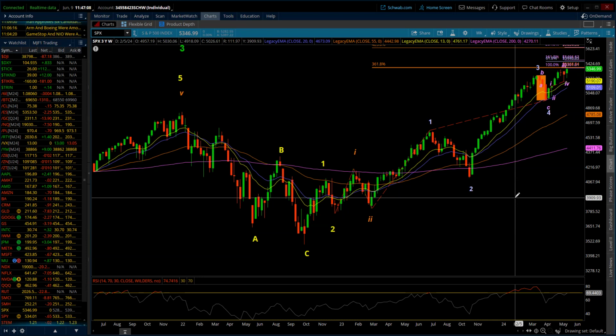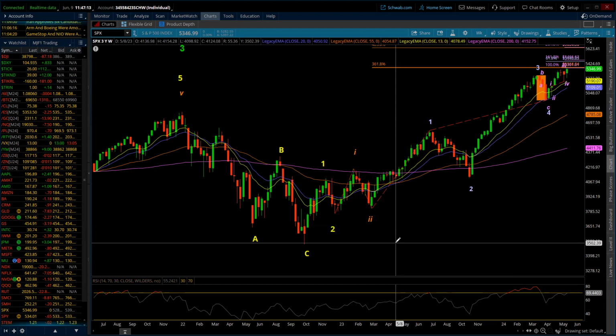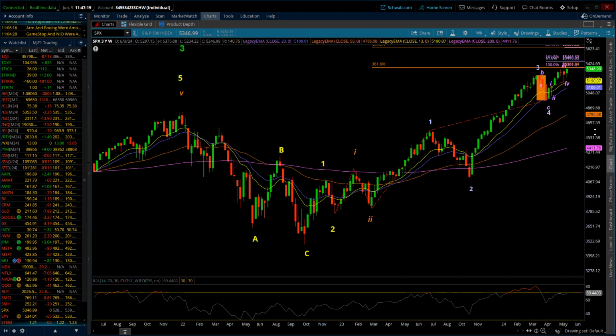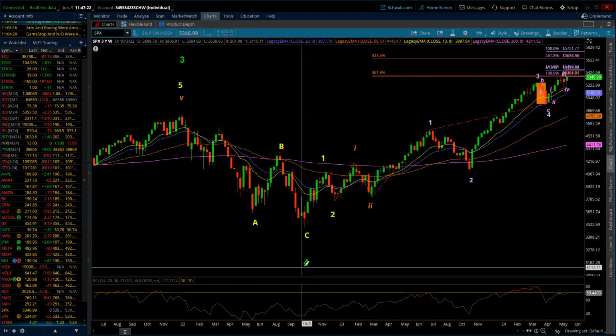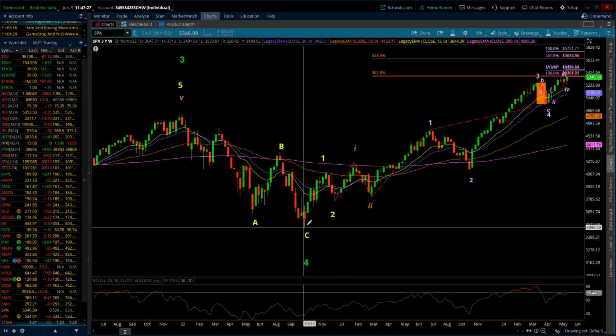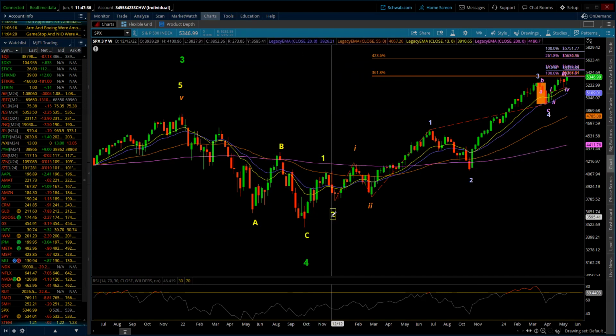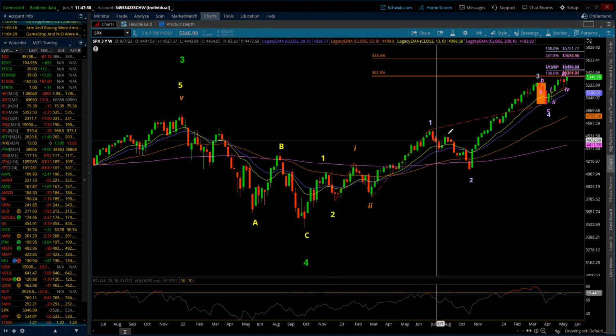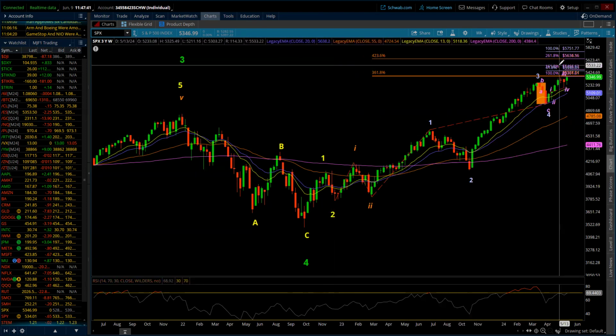I'm going to start here with the cash market, and I'm taking a look at the weekly chart. There are not any changes to be made to the longer term count. So starting there and on the preferred count, we remain within a primary fifth wave up, and that primary fifth wave began in October of 2022. Within that, we will have 5 waves of intermediate degree, of which intermediate 1 and 2 are complete, and we will remain within that intermediate third wave.